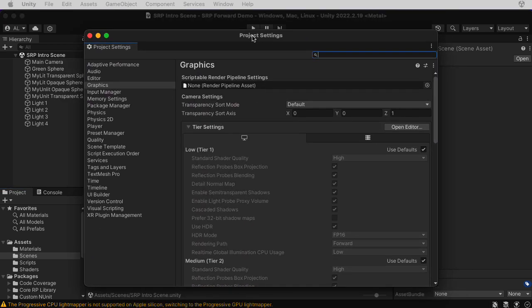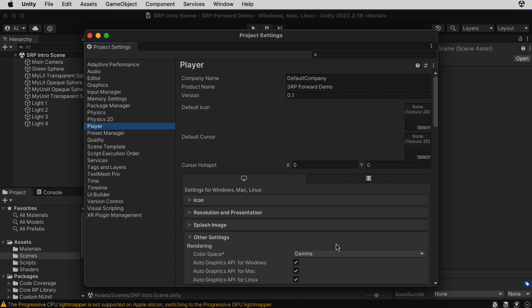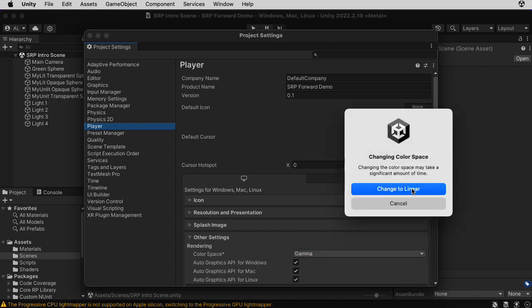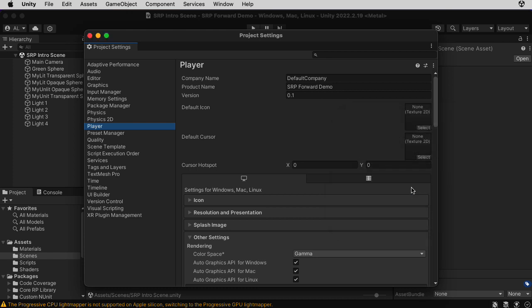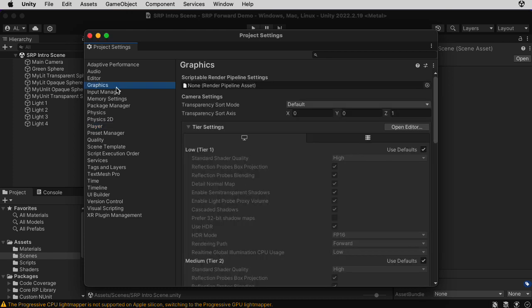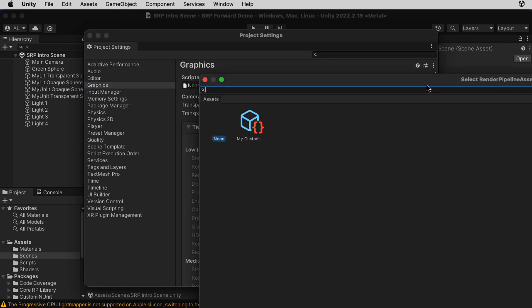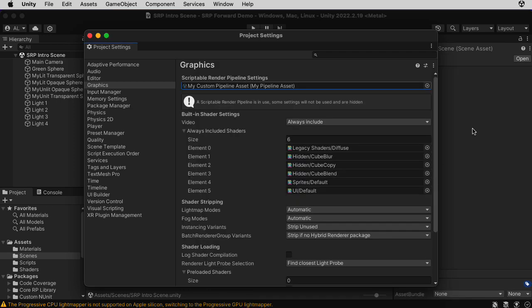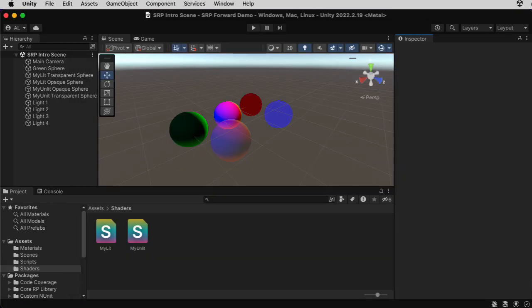The first thing we need to do is go to Player and select the linear light space, as we always do, because linear is good and gamma is bad. Let's also go to Graphics. Notice I have this thing here that says Scriptable Render Pipeline Settings, and it says None. So it's defaulting to the built-in pipeline. So let me click over here, and we'll select My Custom Pipeline. Changing the pipeline, yep. And if we do that, we'll go over here, and we see that there's some nice